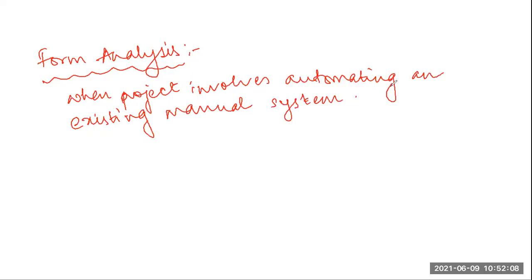So during the operation of a manual system, what would have normally been done? Several forms are required to be filled up by the stakeholders, right? So suppose, which I was talking about yesterday, a bona fide certificate. What will happen? One stakeholder, suppose one student, he will fill up and make the application for a bona fide certificate, he will submit it. The administrator will say that yes, I have received it, and he will give you a slip that I have received your application, you come and take it on the next working day, right?